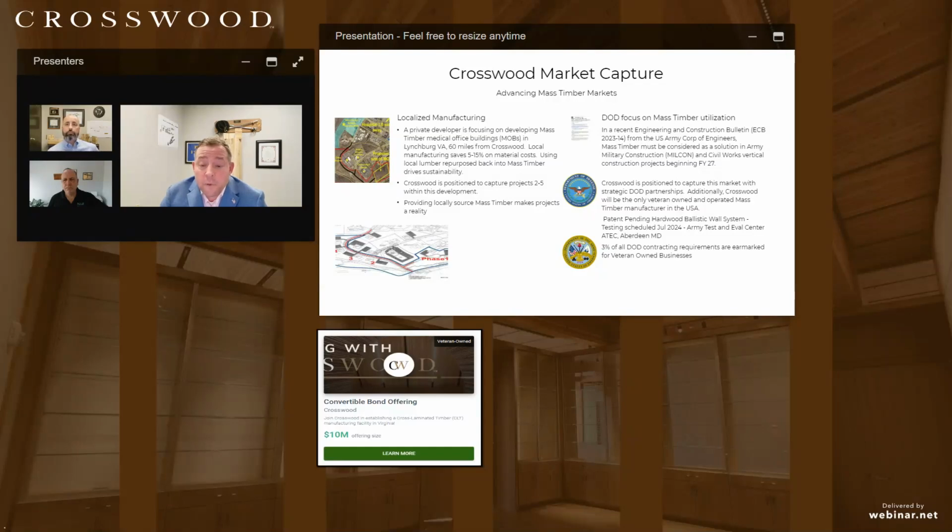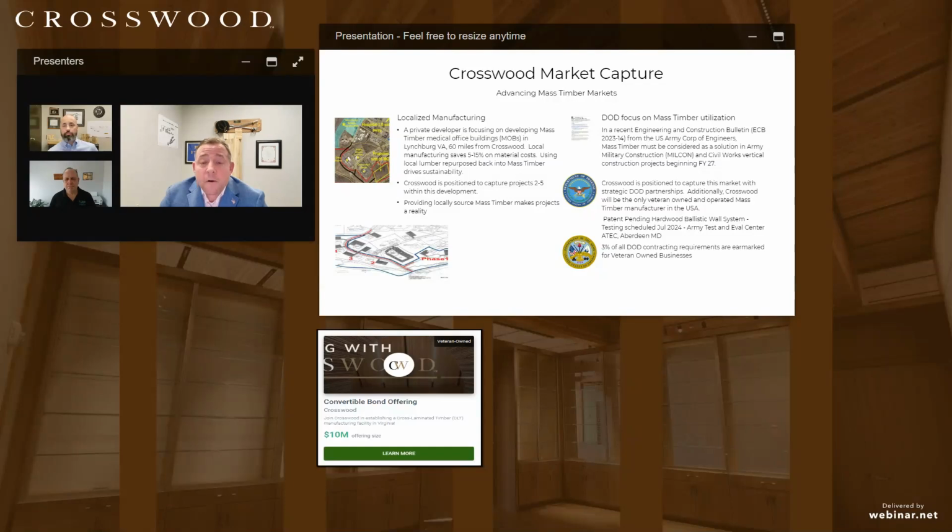Another thing I'd like to point to in regards to the DoD market capture and Crosswood, we are a veteran-owned manufacturer, and to my knowledge, we will be the only veteran-owned manufacturer in the United States. And why is that important? Kurt and I have lived in that DoD world for a long time, so we understand DoD contracting.